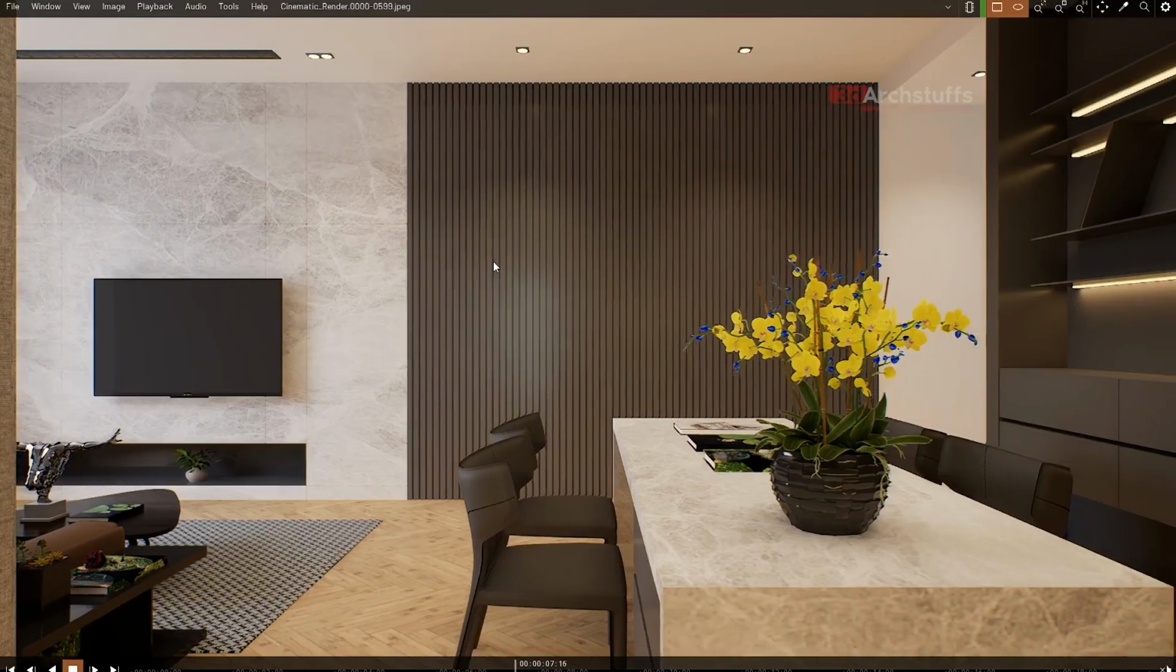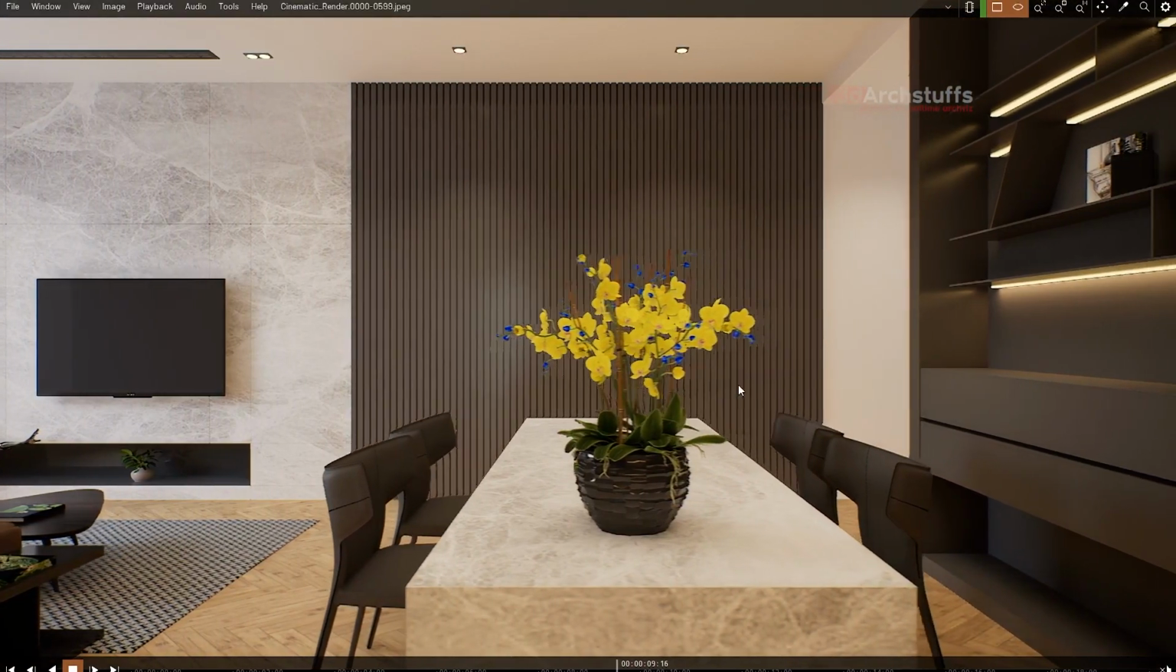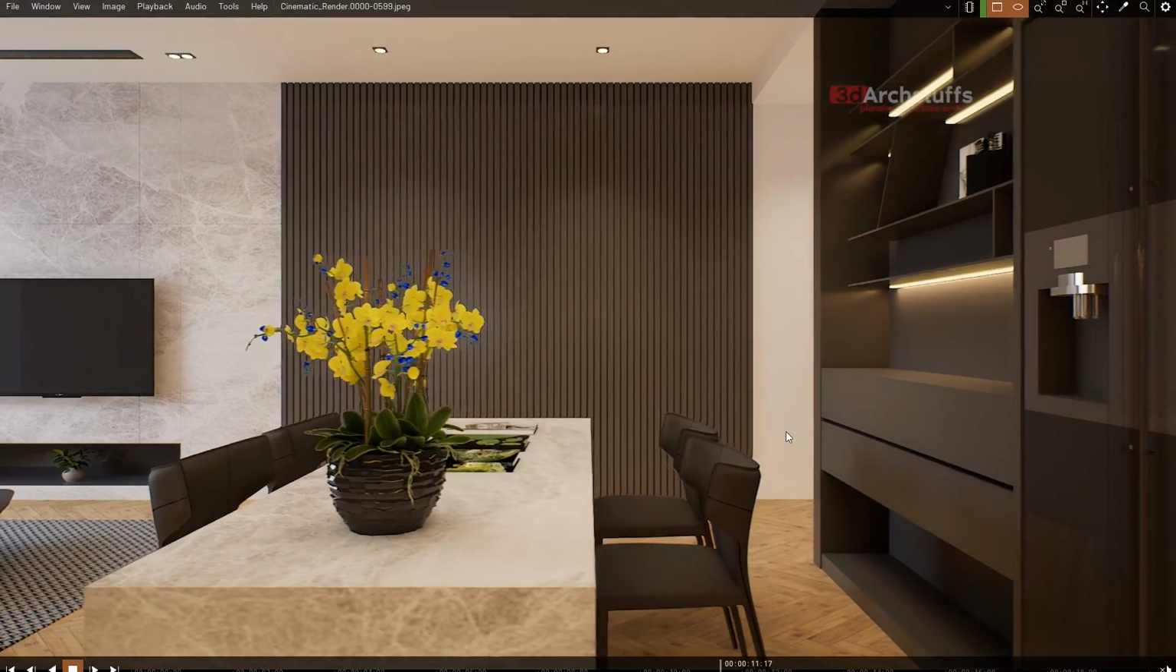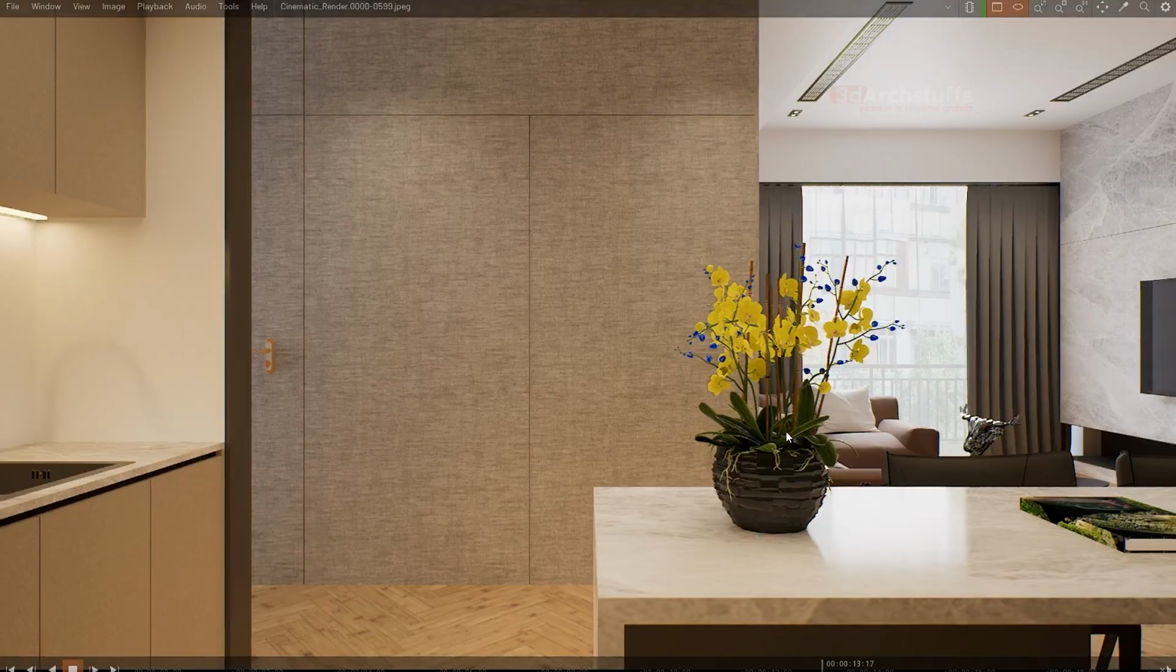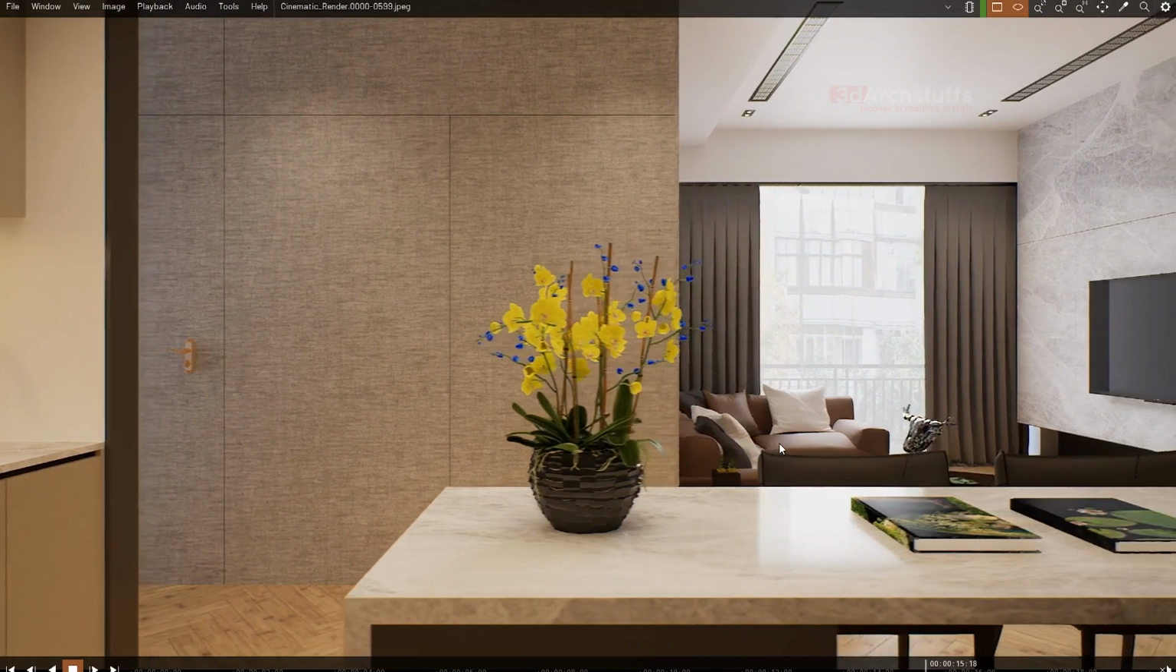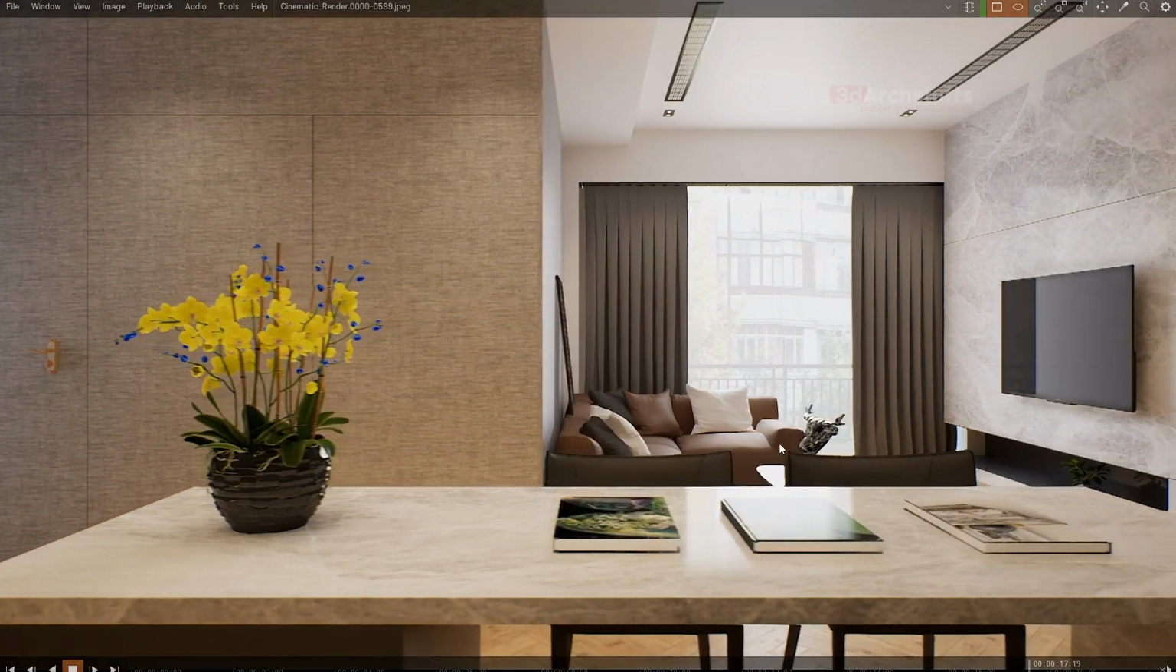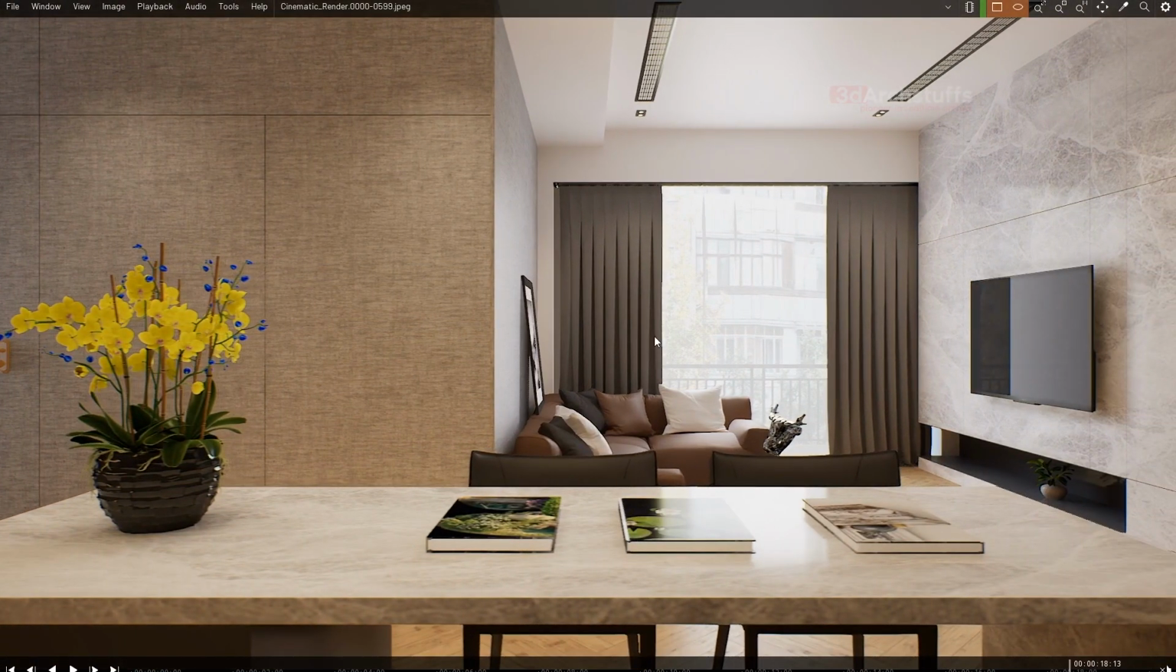So on this camera no problem, no issue, and on this camera also no issue at all, and on this camera also no issue. So absolutely bug-free rendering has been done, and there is no noise whatsoever inside the scene, and the GI bounce is very nice. And now we can go ahead in Premiere and bring this image sequence into Premiere,